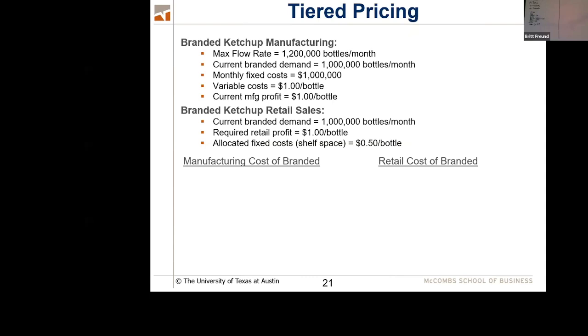Now, let's stop thinking from the Hunt's perspective for a moment. Let's go over and take a look at it from the H-E-B perspective now. So what does H-E-B think of this? Well, H-E-B has their own cost structure, okay? They are selling 1 million bottles a month, right? This is the sell-through. That's how come they're offering this. So their volume is 1 million bottles a month.